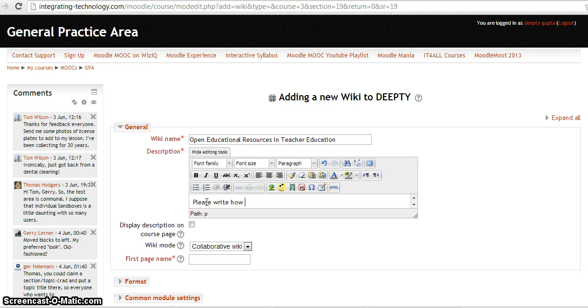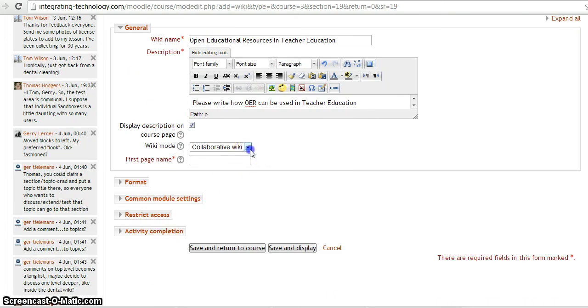Please write how OER can be used in teacher education. So I want the opinion of some educationists like you all are, on how OER can be used in teacher education. Okay, this I want. I want a description on my course page. I want a collaborative work. First page name: